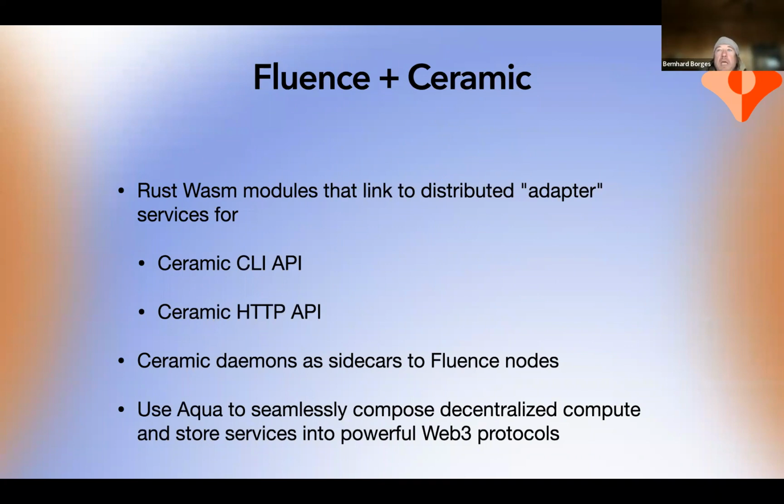With Rust, you literally write WebAssembly modules. With Fluence.js, you write JavaScript as you would always, and then you are able to expose those JavaScript or TypeScript interfaces as if they were WebAssembly modules, but they're not. And from an Aqua perspective, it doesn't really matter. The important part is that you have a virtual machine.